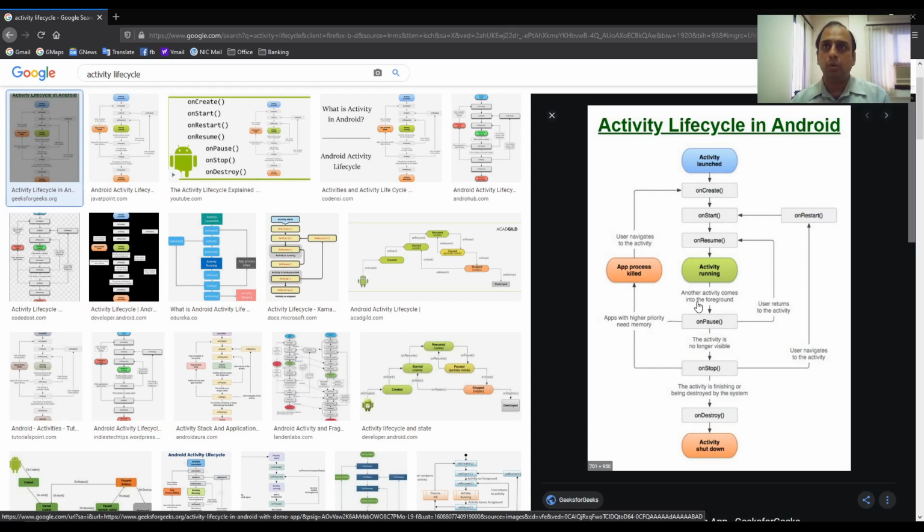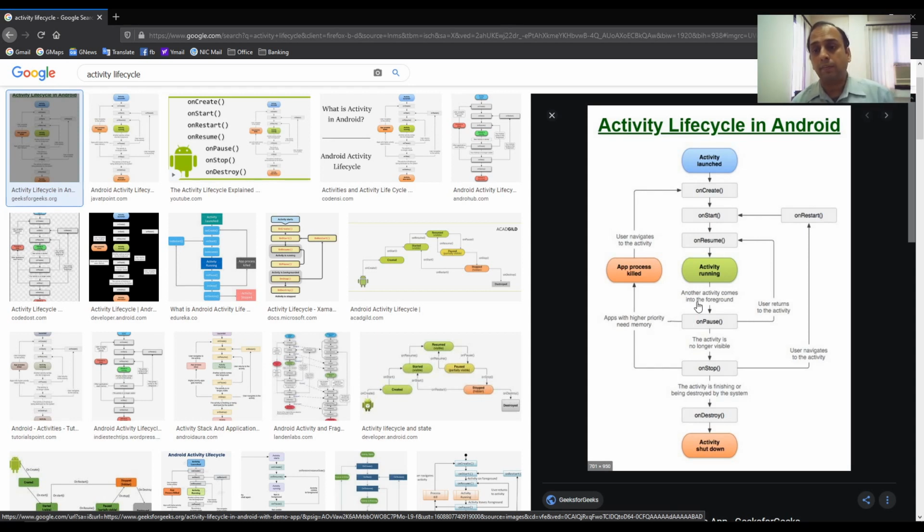Let's say you are running your app and an SMS appears. When the user clicks this SMS, the SMS app will come on the top in the foreground, and your activity will go in the background. So that is the point where onPause will run.